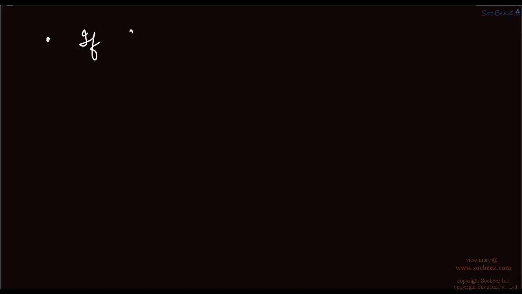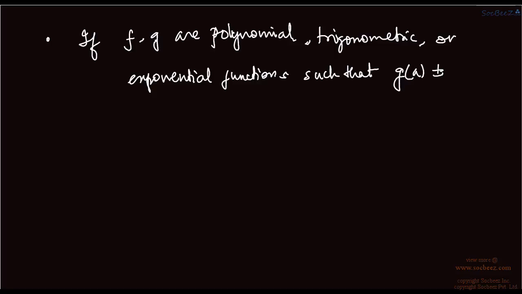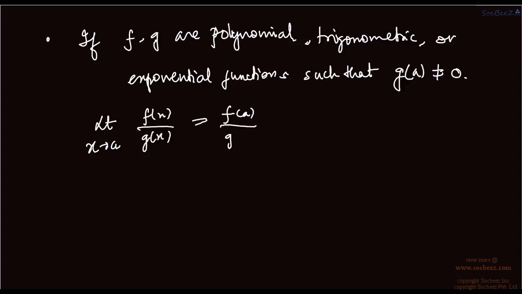Okay, now the last point for this. If f and g are polynomial, trigonometric, logarithmic, or exponential functions such that g of a is not equal to 0, then limit x tending to a, f(x) upon g(x) will be f(a) by g(a), provided